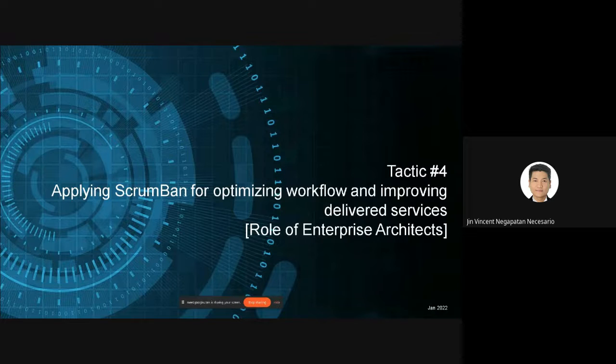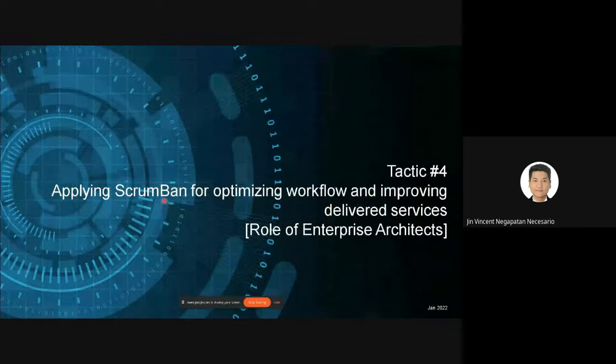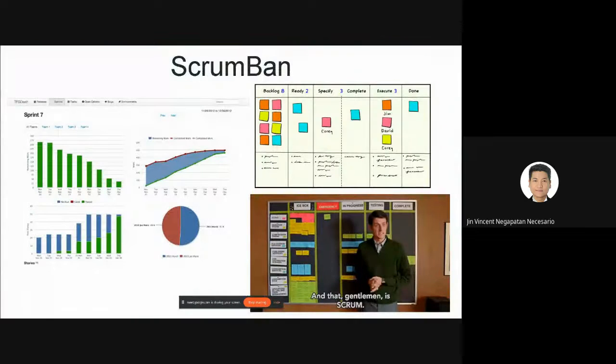So for these issues or unit case analysis, the tactic is Scrumban for optimizing workflow and improving delivered services for the role of enterprise architects. The word Scrumban came from the words Scrum and Kanban. So that's why you're going to hear Kanban, which is actually a visual representation of what's happening